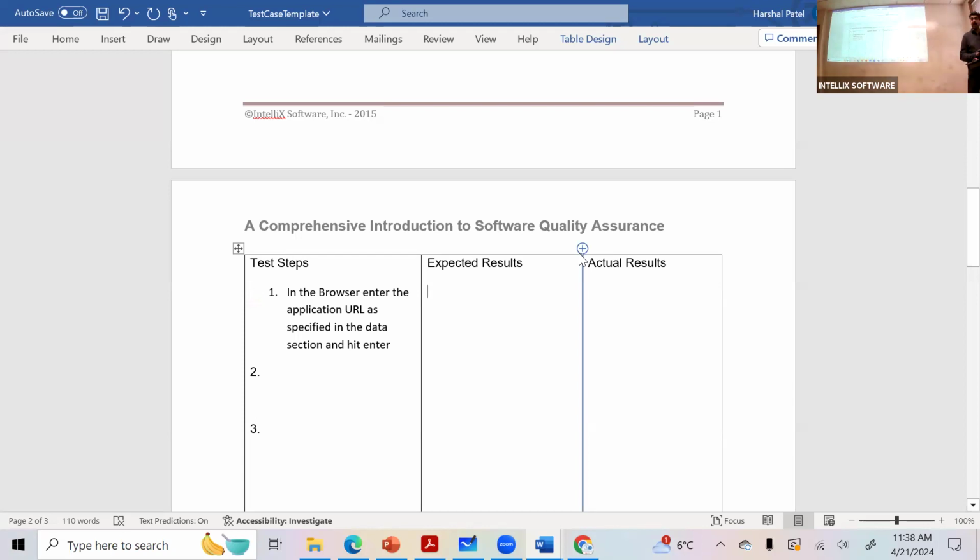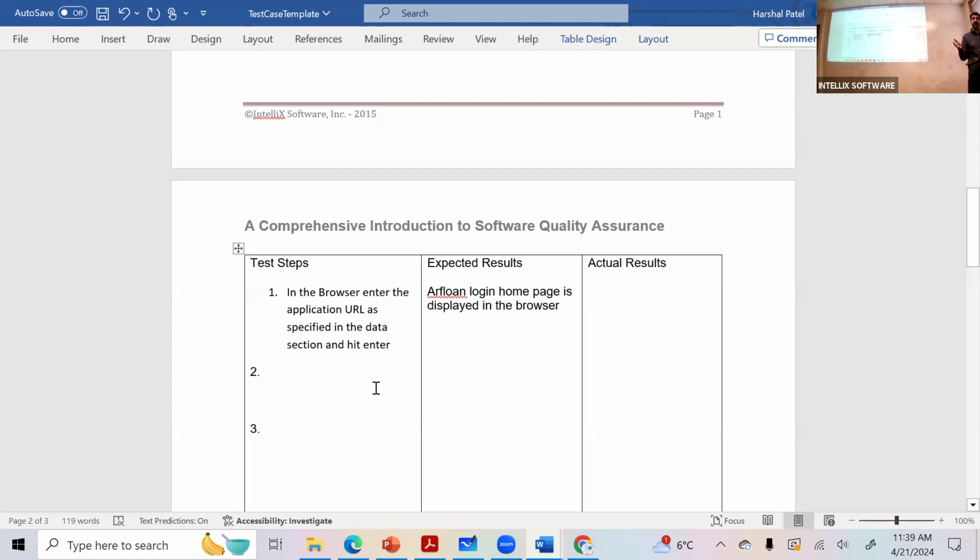If I enter an application URL, what should it do in the browser? So the rflown login homepage is displayed in the browser, right? Because if it doesn't display, can I move forward? I cannot. Okay. What is the next step I'm going to do?